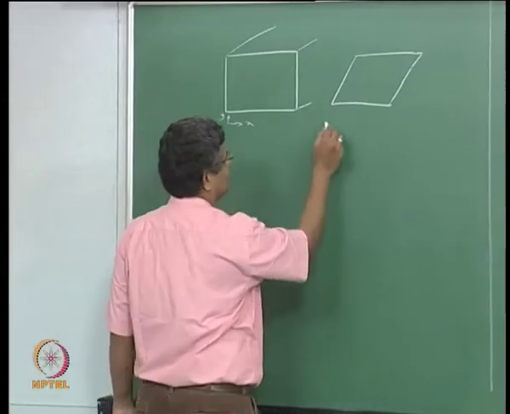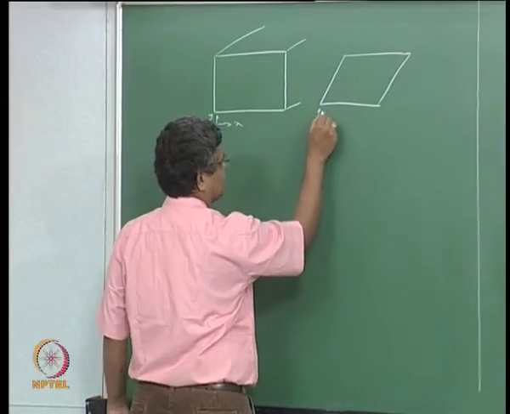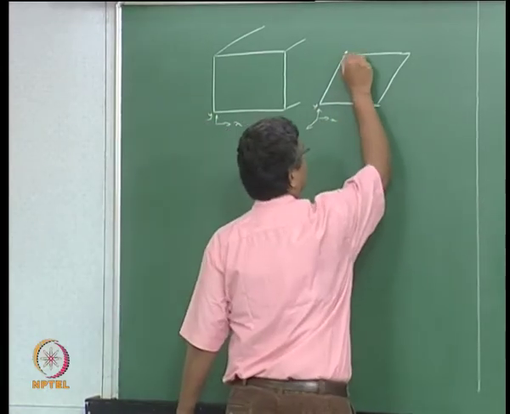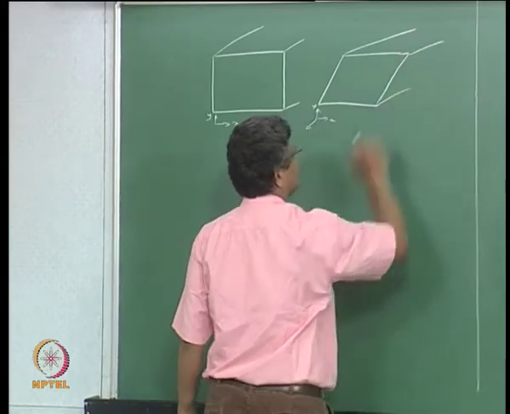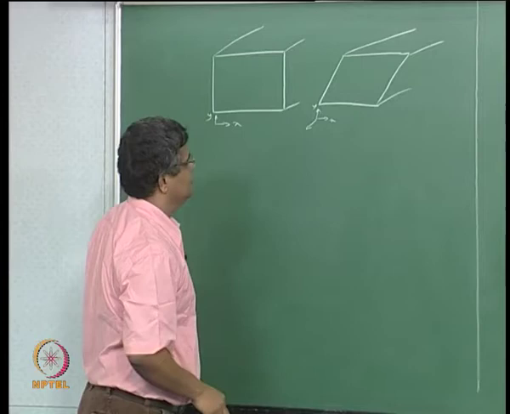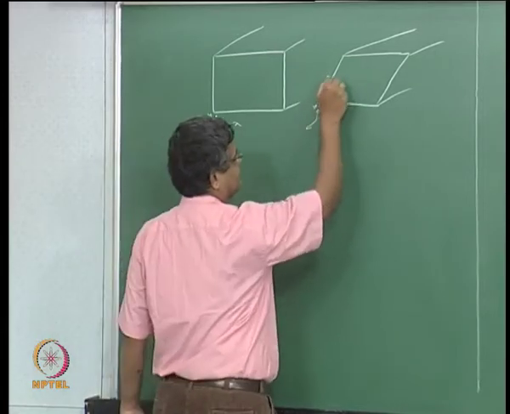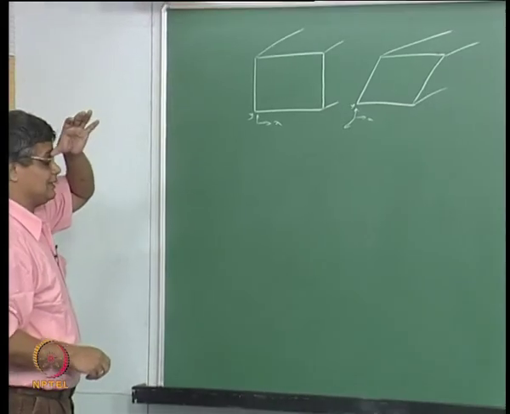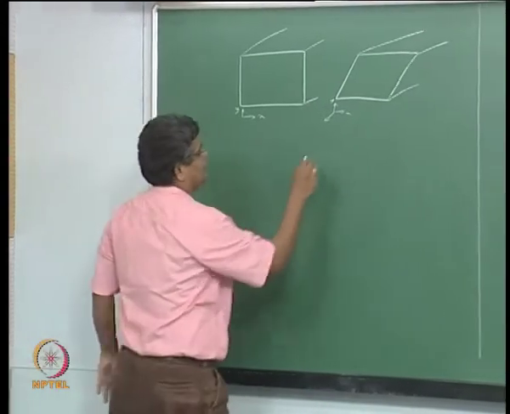But if you want to describe the same thing in terms of x, y, z coordinates, one which is like this, then obviously this wall is not along constant y line. So this does not fall into the general kind of technique that we have dealt with,